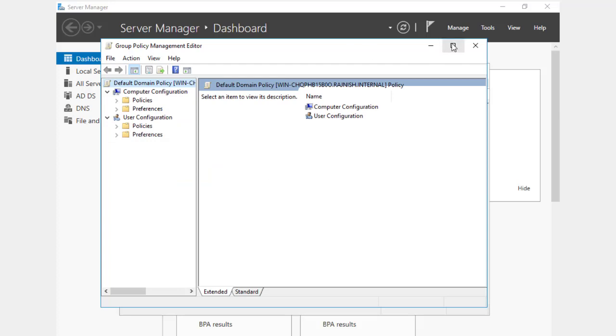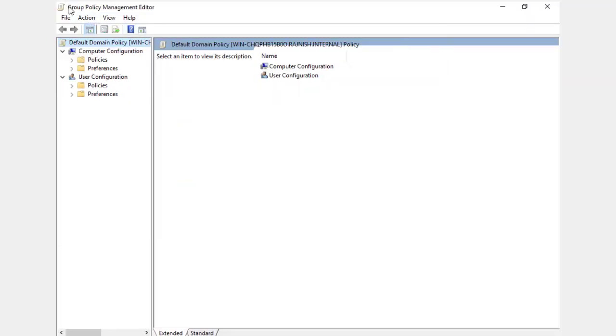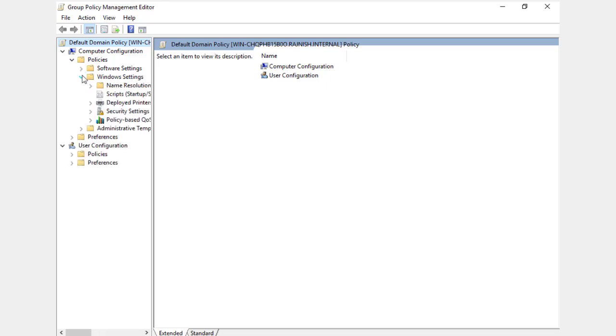We will get a new dashboard which says it is a group policy management editor. Inside this group policy management editor, we can edit our policies. Inside computer configuration, we will click on policies. Inside policies, we will click on Windows setting because we have to change on the user level. And inside this Windows setting,